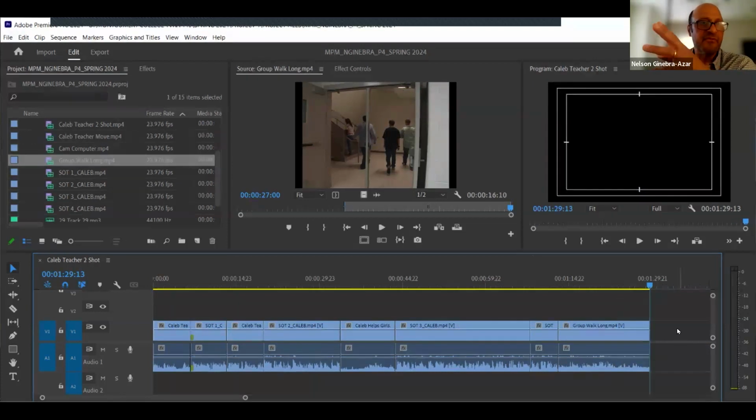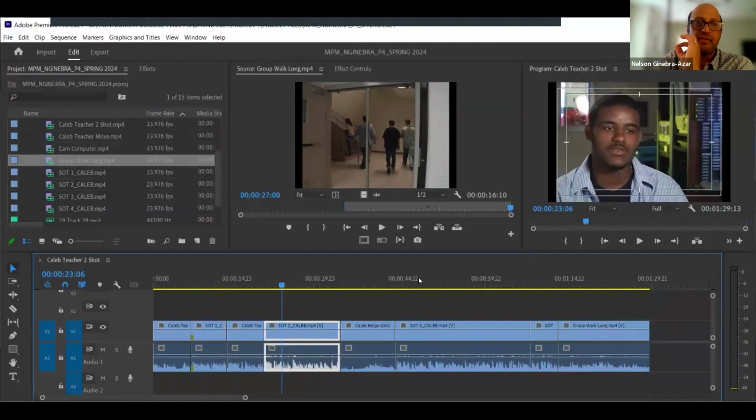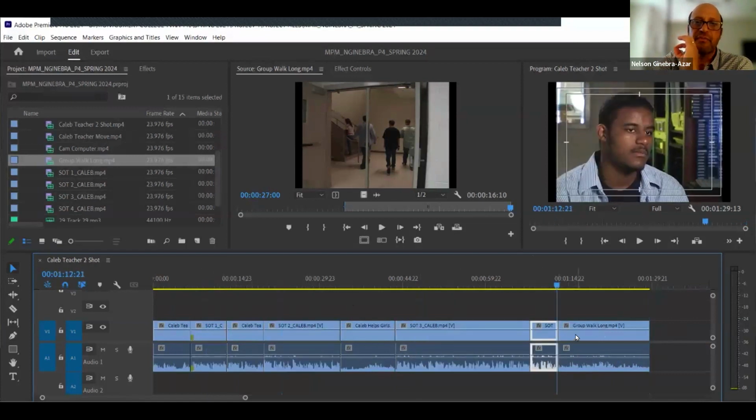Again, give or take a few frames. It's not the end of the world. You want to be hopefully within 5 frames. As long as your SOTs are tight, right? We can mess around with the B-roll. Okay. We can tweak the B-roll, but your SOTs should be really tight. You don't want to be off by like half a second, because then you're going to start picking up the previous comment or the next one or, who knows, a breath that you don't want. Okay. So,